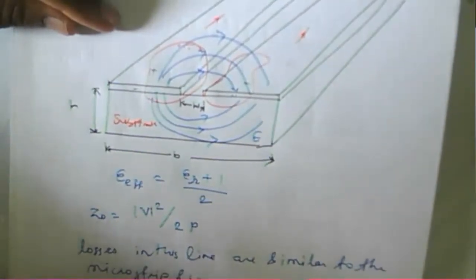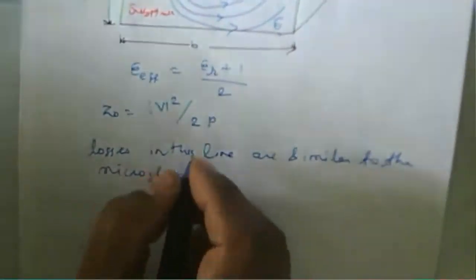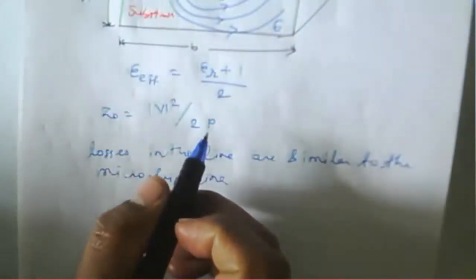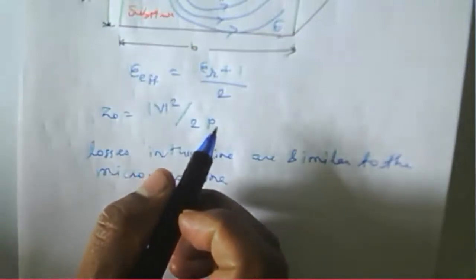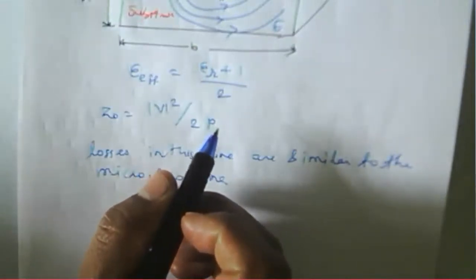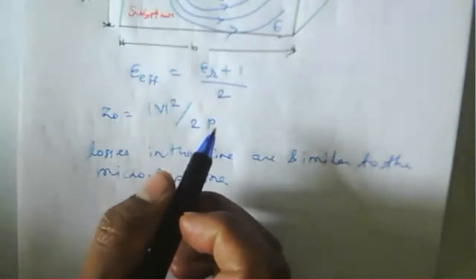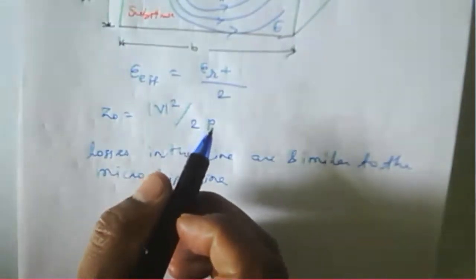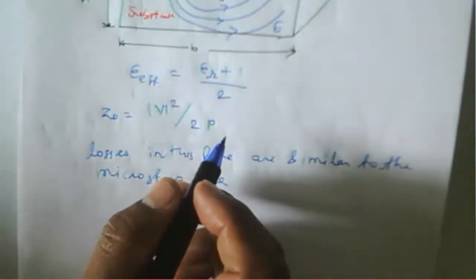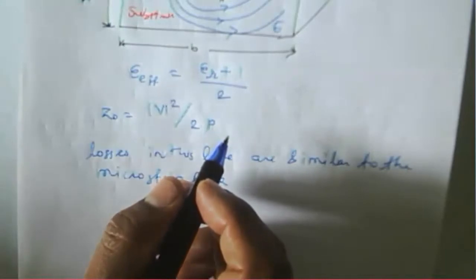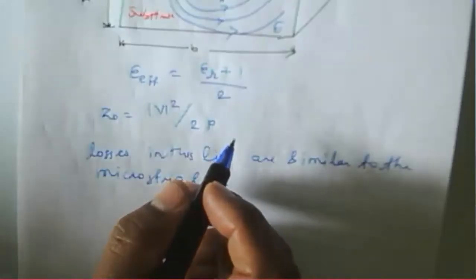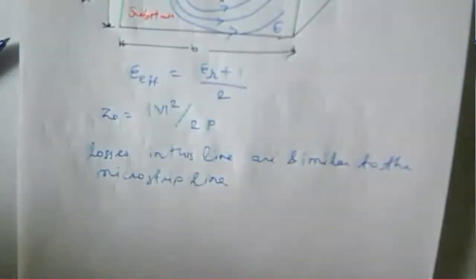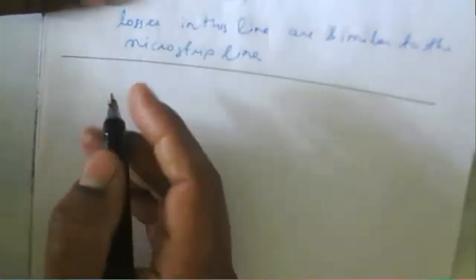Whatever the loss is, the losses in this line are similar to the microstrip line. That is about your slotted line. You can consider that's about a slot line, and we have just considered here